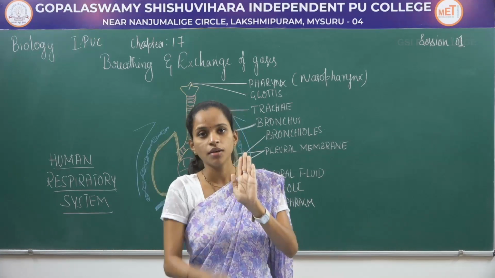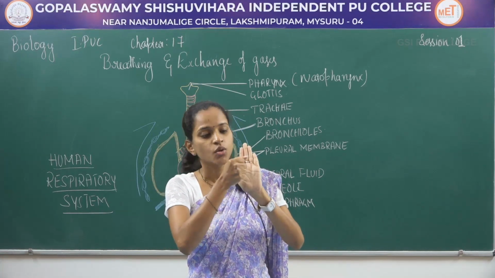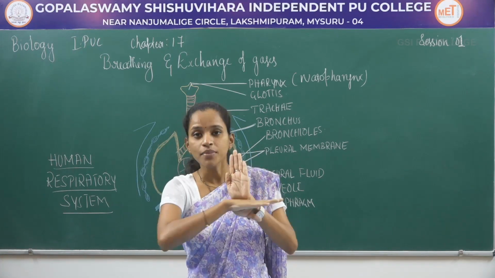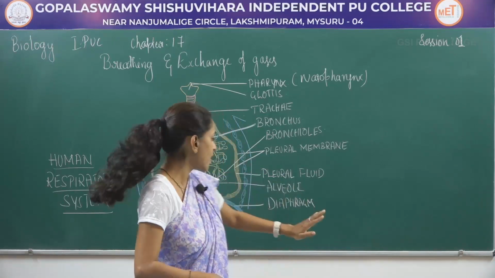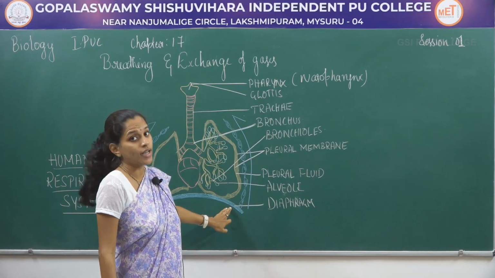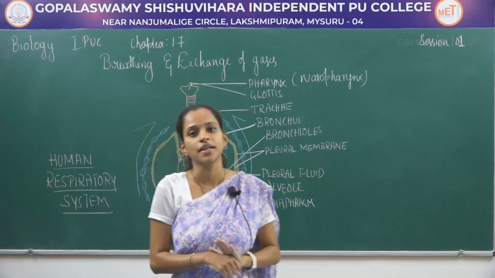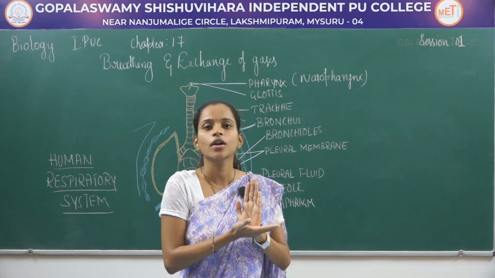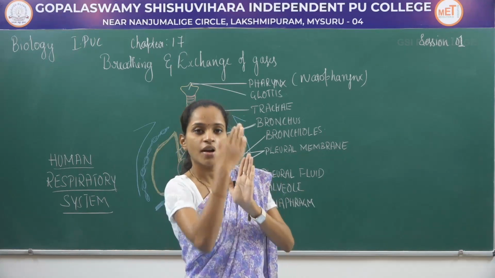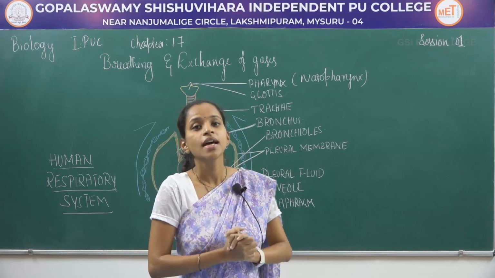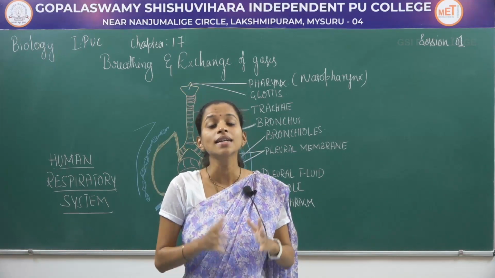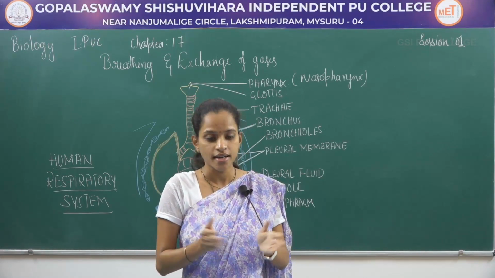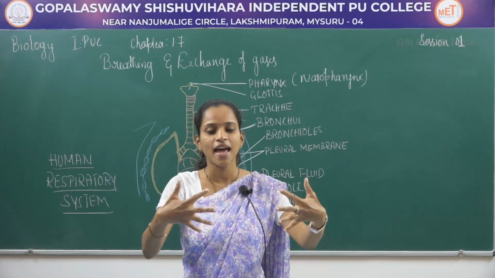If this is the vertebral column, the lungs will be placed here. So from behind, the vertebral column will be protecting the lungs. From the lower side, they have the diaphragm. This is the region which is called the diaphragm, which maintains the rhythm of breathing, and protects the lungs from the lower side. From the front region, that is the ventral region, there is a flat structure which is called the sternum. The sternum is the region which protects the lungs from the ventral side, and from the lateral side they have ribs.